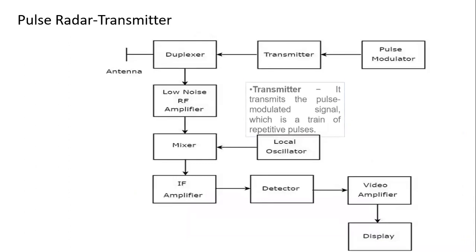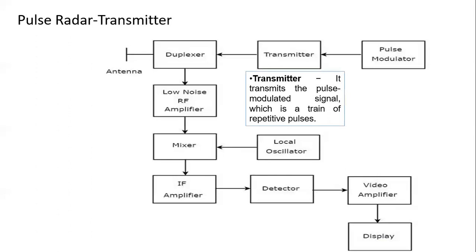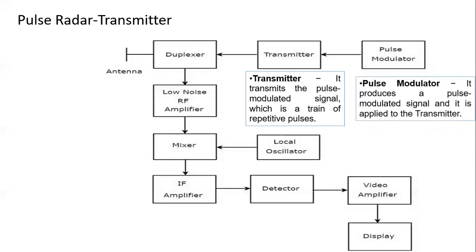So here, first we'll talk about the transmitter. The purpose of the transmitter is to send a very high frequency train of pulses. Now these pulses are designed in such a way that the signal is sent and received. We are talking about transmitting where the PRF is planned in such a way that these pulses are already coming up with the echo signals. Then we have the pulse modulator. It will basically produce very high frequency so that these pulses can travel a longer distance.